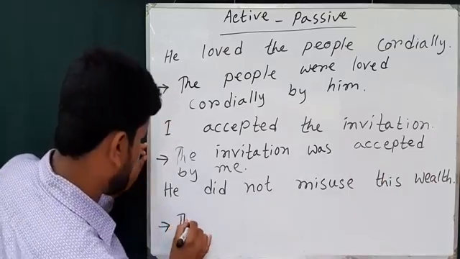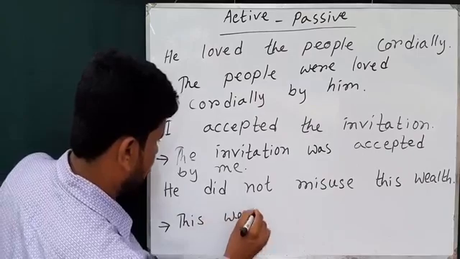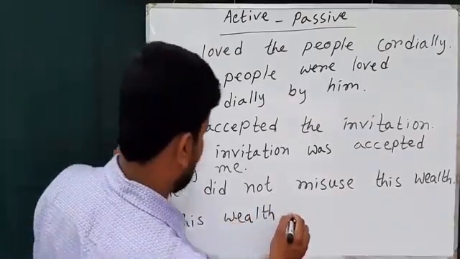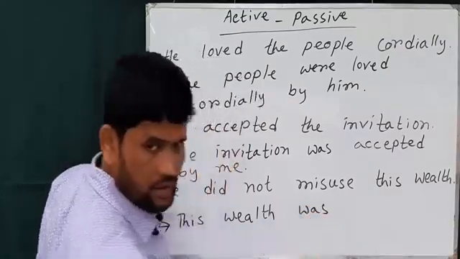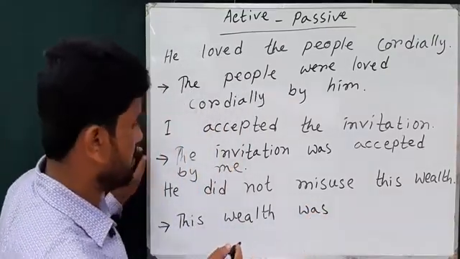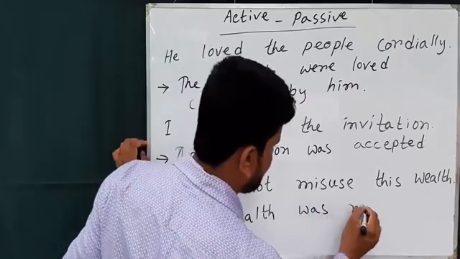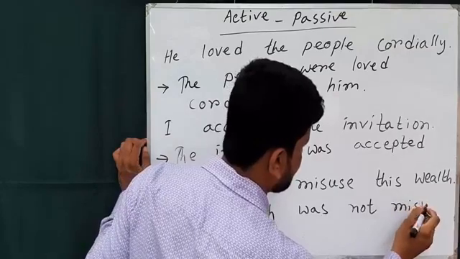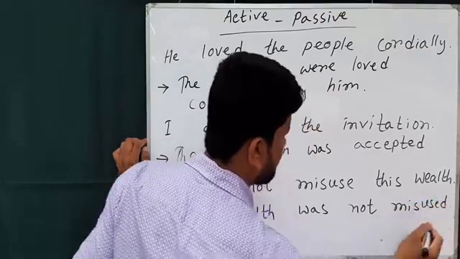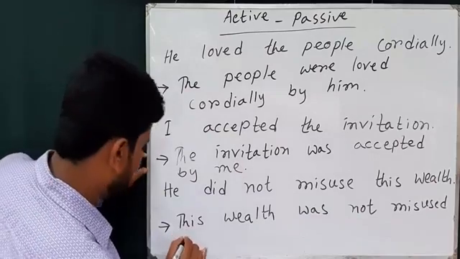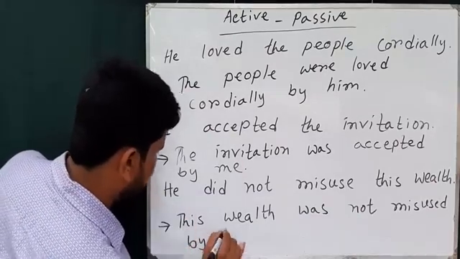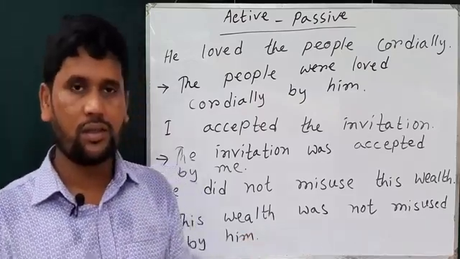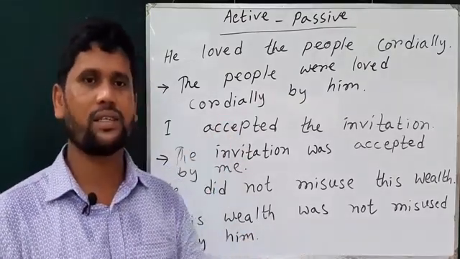So first this wealth, then the tense is past indefinite so was, and then the sentence is negative, not, and the past participle form of the verb, misused, and then by, then him, অর্থাৎ সাবজেক্টটাকে অবজেক্ট করতে হবে। সো পাস্ট ইনডিফিনিট টেন্স হলে আমরা ওয়াজ ওয়ার ব্যবহার